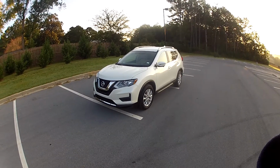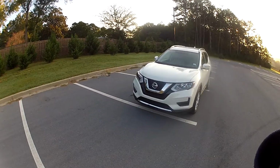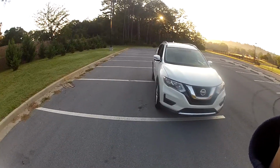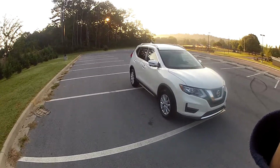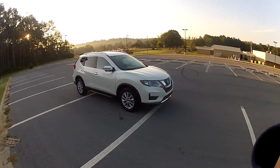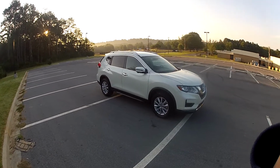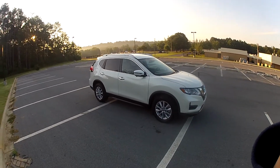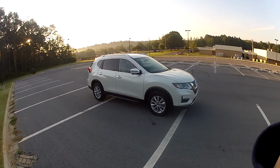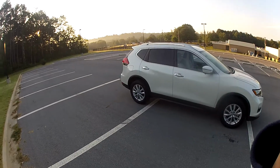So I had a coupon. I think I paid $20, or maybe it was $29.99, and that included the rotation. One thing I like about my Nissan dealership here, they send out a lot of coupons and promotions. It's a fairly new dealership, and they've built a huge superstore, so they're real good about sending out coupons and stuff. I guess they're trying to drum up business, but anyway,